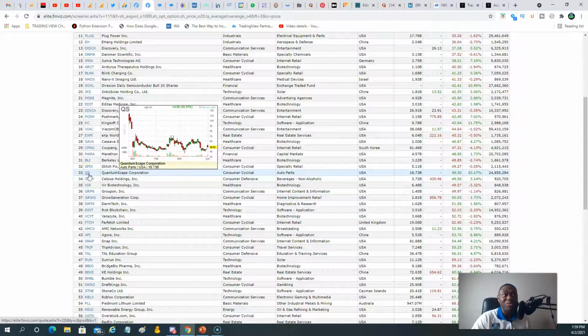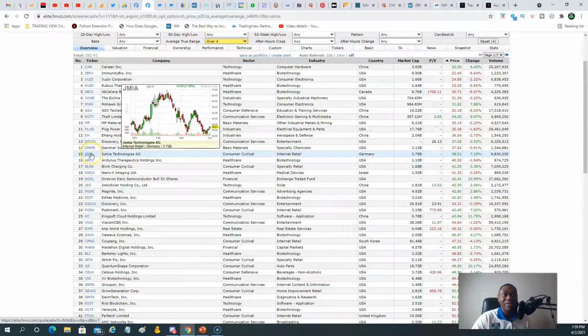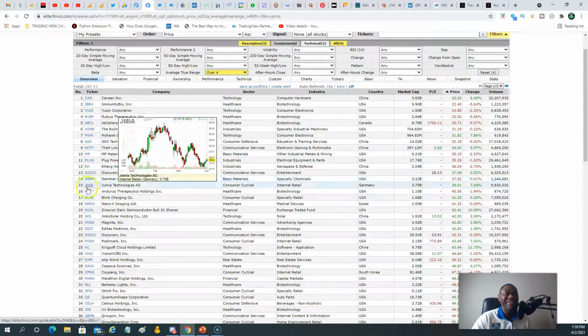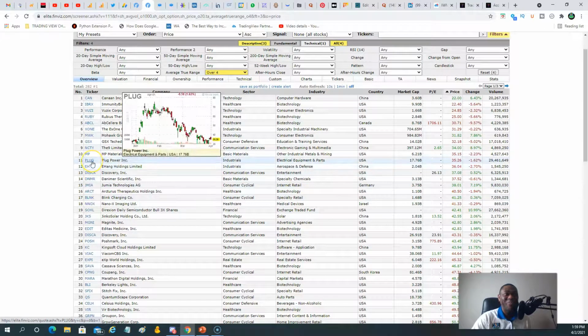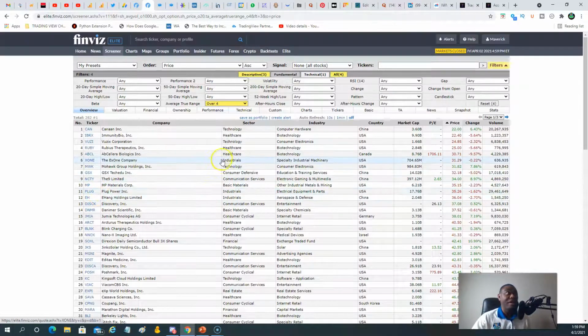Which other one? QS goes into that category. QS is a stock that moves generally. Jumia, our latest little one, I think that we have been trading on here. Plug, yeah. Plug is a $35 stock. Plug just went, you can see this chart there, from $70 to $35 in a matter of a couple of months, 50% down. Yeah, would you have been able to trade that in that direction without any type of issue? So the tool here gives you all of those